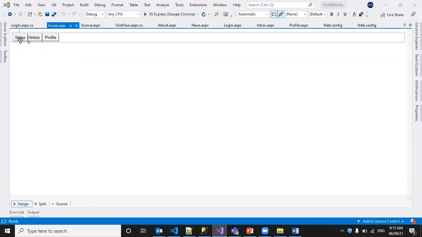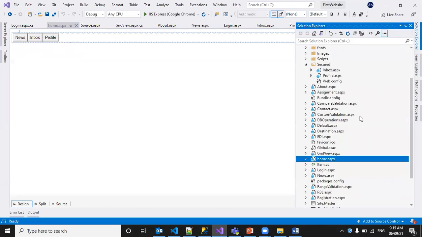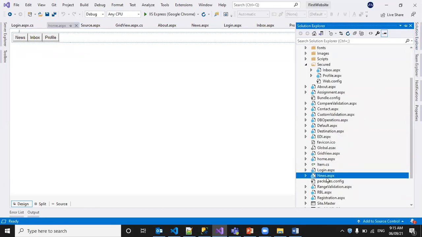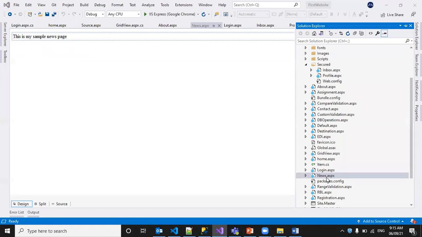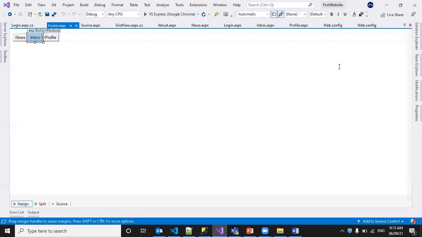When I click on news, it will take me to the news.aspx page. This is an open, non-restricted page, anyone can access it. The inbox page is under the secured folder, so it can only be accessed by logged in users. The profile page is also under a secured folder and can only be accessed by logged in users, right?